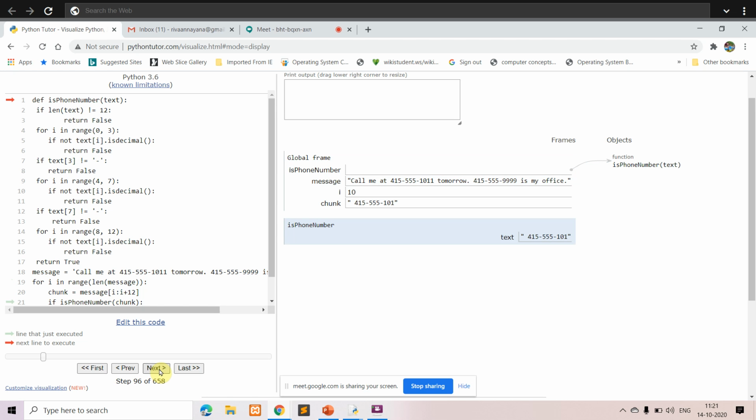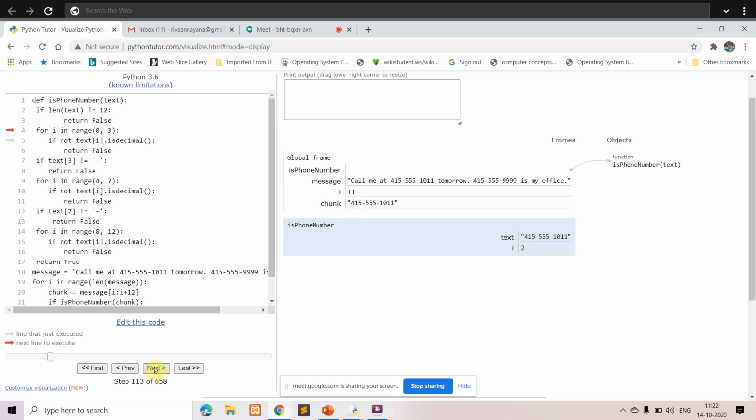Now you see our next data. So here, in this case you have 4. 4 is a decimal. So again it will go to the next number, that will be 1. Again 1, 1 is a decimal.